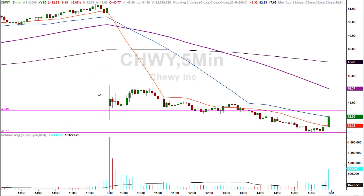About Chewy, same routine, getting a haircut, 43.40. It came into it, bounced around, did the thing, came down for a retest, never retested the number, went back up. So traders were able to get the minimum required base hit and then a lot more, just like the Wayfair trade. And look at this into the end of the day. The second number,